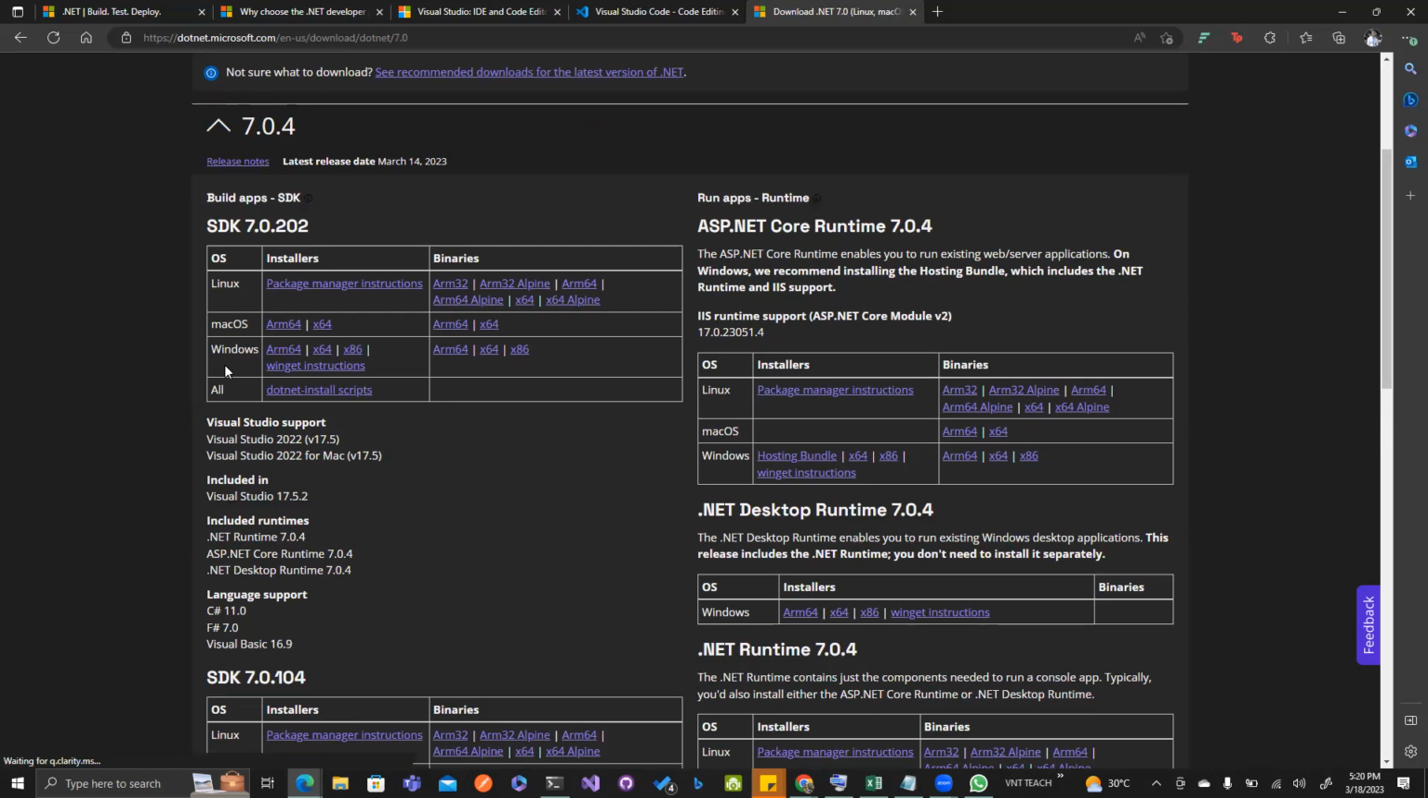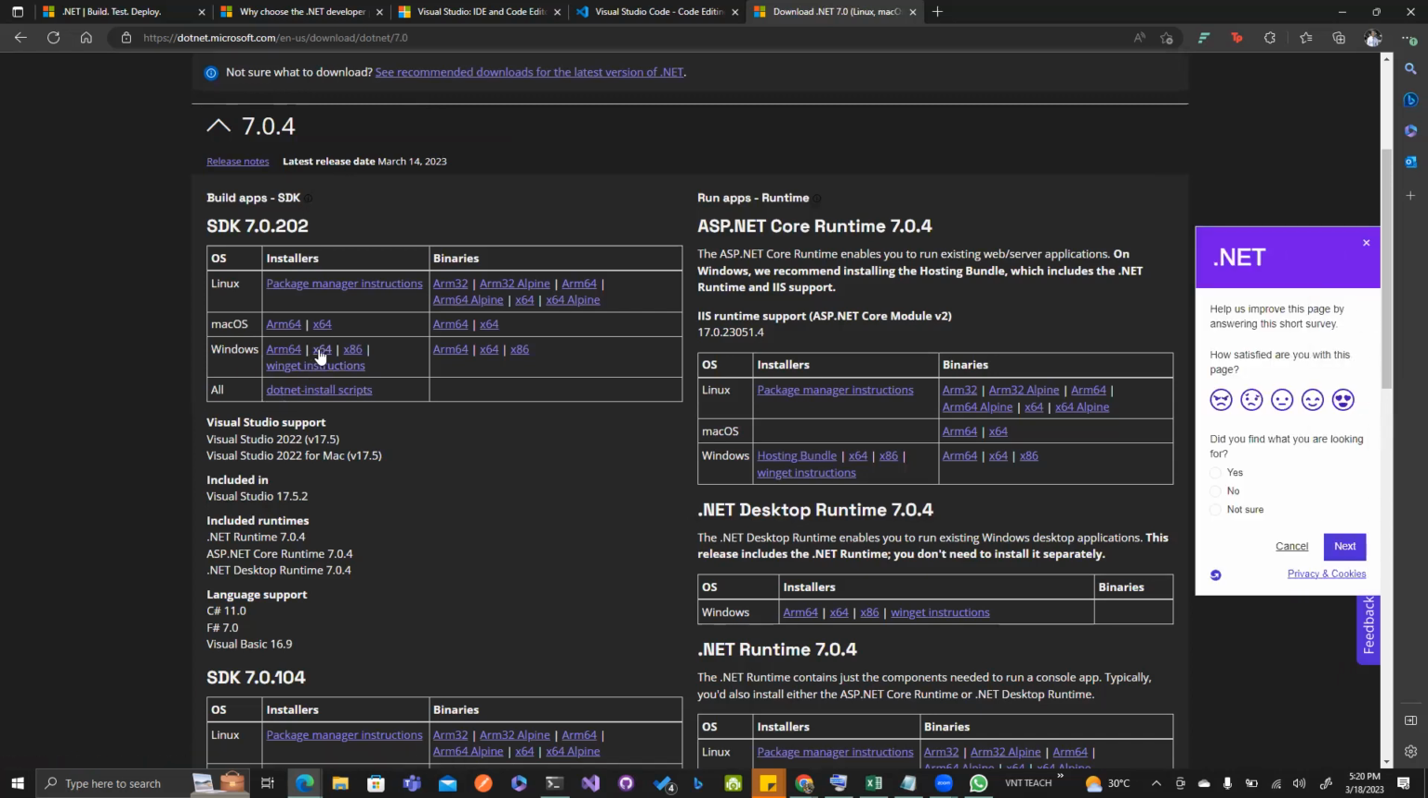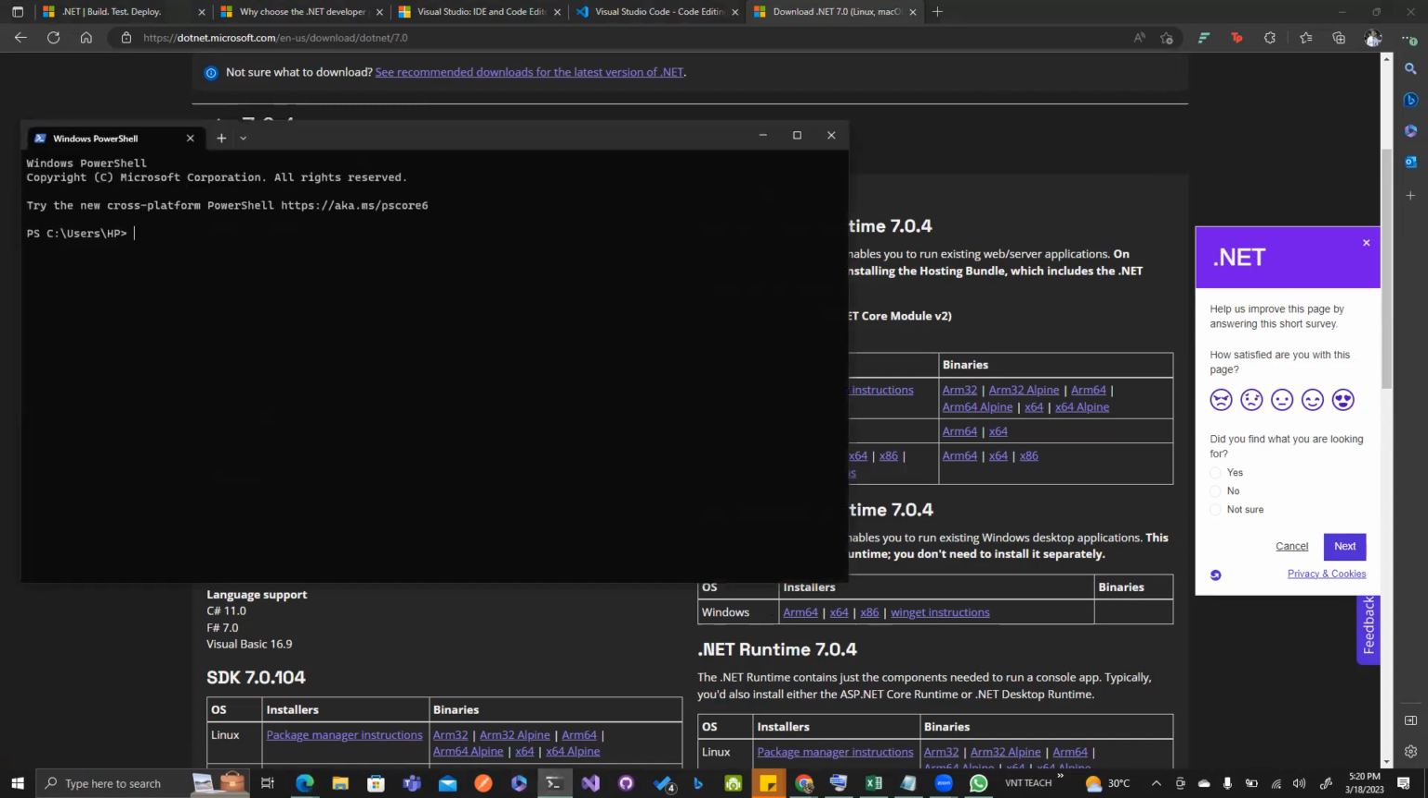Linux, Mac, or Windows. I'm using Windows, so I will just pick this x64 because my system is a 64-bit system. So I'll pick on that, then I'll have it installed, right? When that happens, I can then check the version, dotnet --version on my PC,